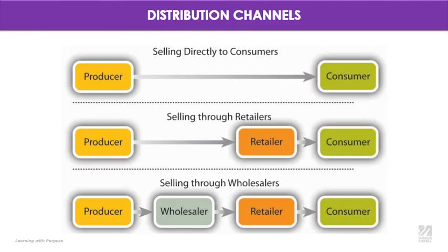So for this, we will need to know what our distribution channels are. So basically, how are we going to sell our products? There are many different ways to do this. The book you are reading has three different ones. The first one is here on top, the first arrow. We can sell it directly to consumers. So we produce the product and we sell it to them.